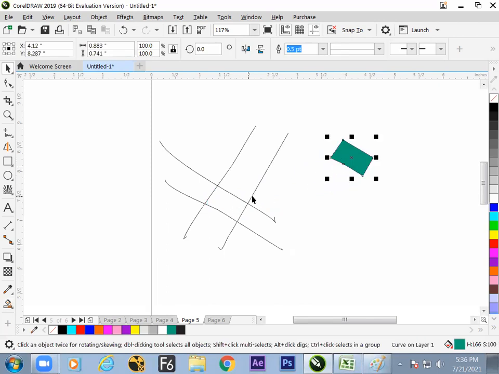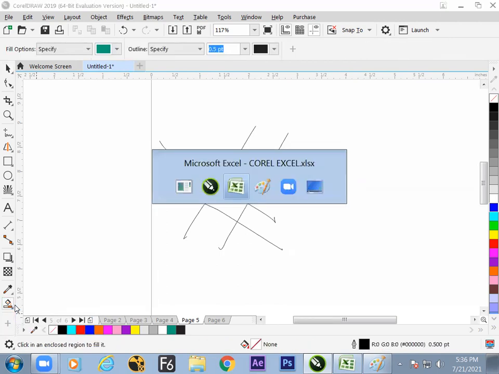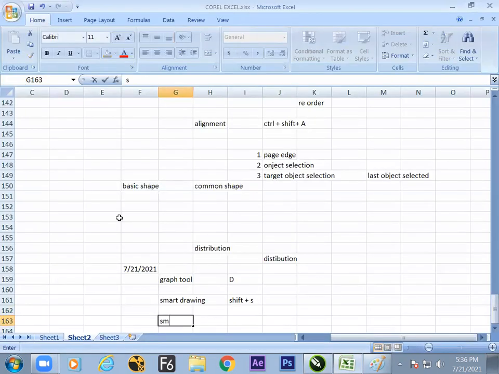So what we have seen now is how to turn an open shape into a closed shape. What is the task we have learned? How a closed shape created from an open shape can be filled with color. It is possible to fill the color. It's a very important tool. Focus on the screen. Name of the tool: Smart Fill.